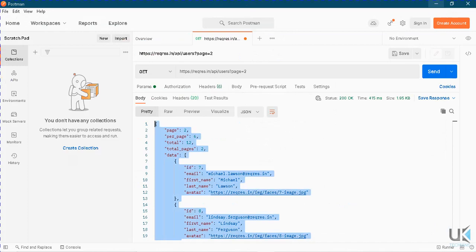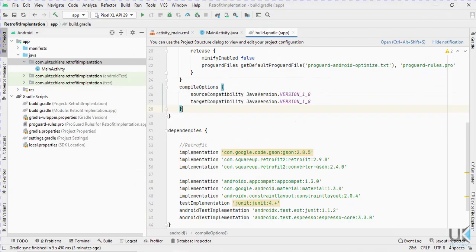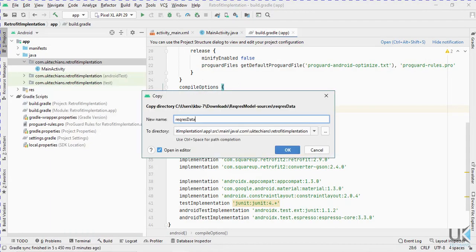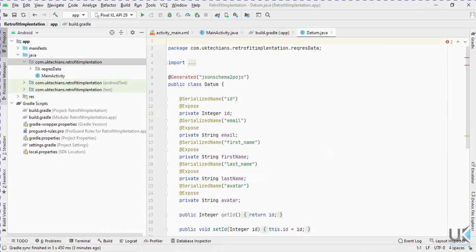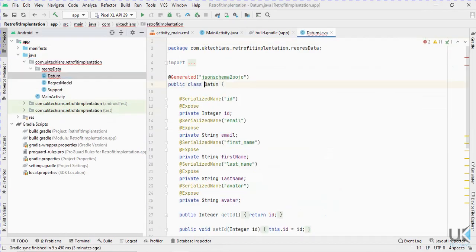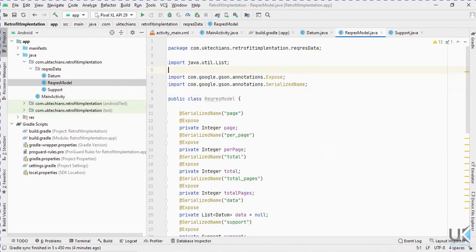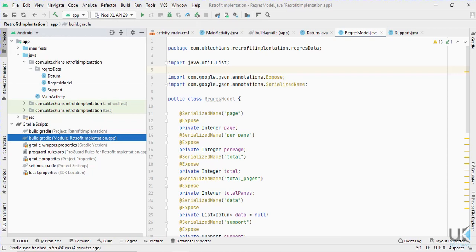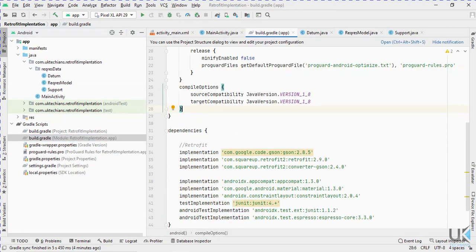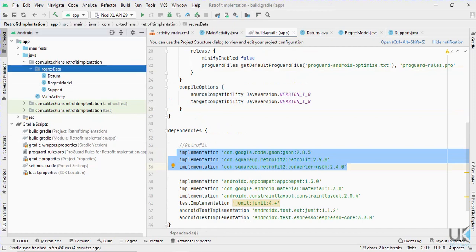What is the next process? Now I will just paste the response here, and see, these are the response, and we have to delete this add generate annotation. So what step have we done in this project right away? We have just added these libraries and downloaded this package from the JSON Pojo Schema website.